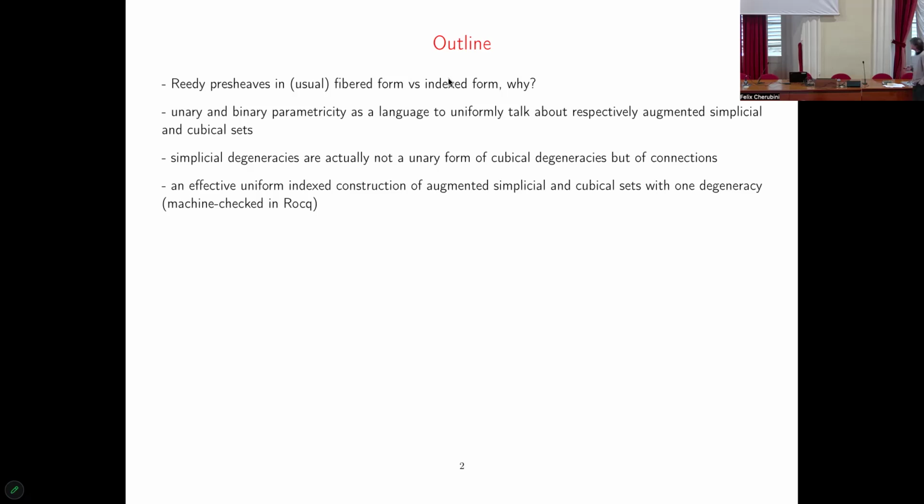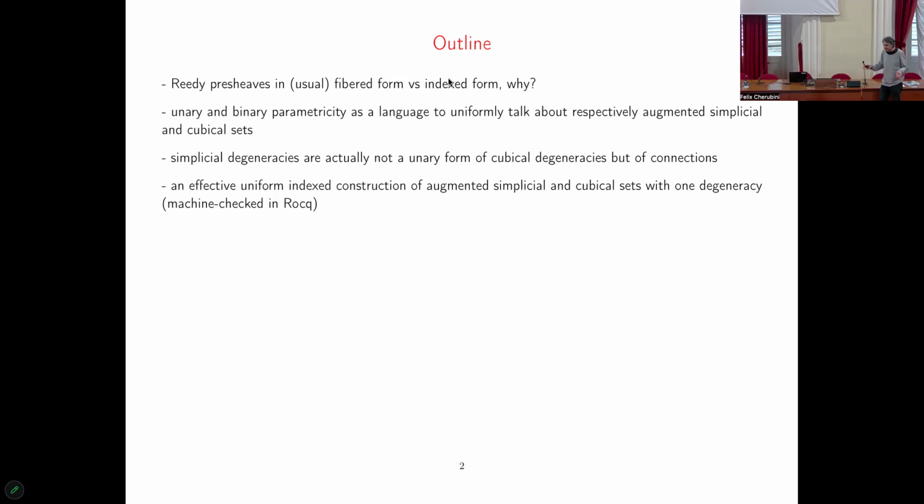Usually, 10 years ago, there was the problem of semi-simplicial types. I believe at the beginning there was a confusion, that there were two problems at once. One was to define semi-simplicial sets for types, but another was to define semi-simplicial sets in a form which I would call the indexed form, in the sense that a usual presheaf can be seen as a presheaf in a fibered form, which is a bit